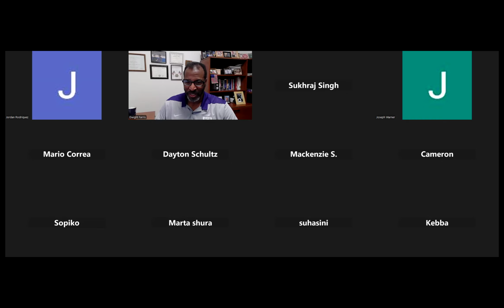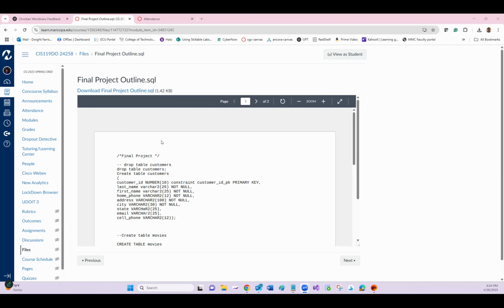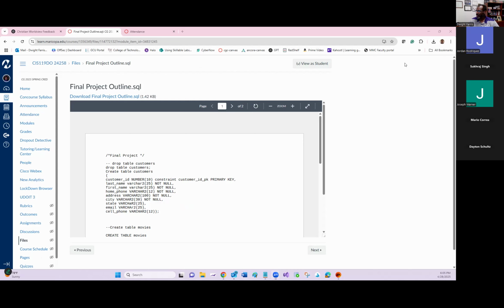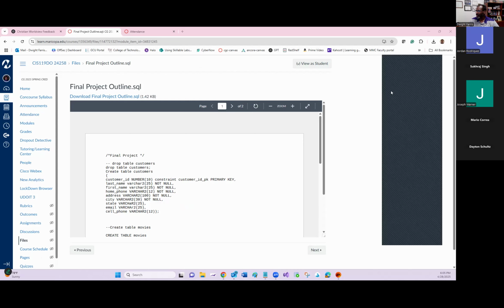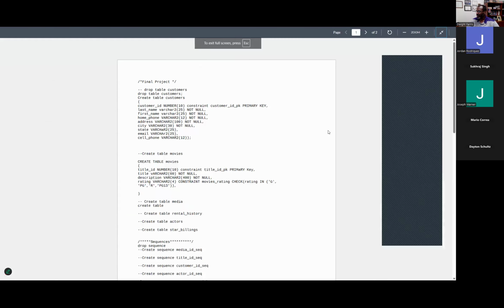I'm just going to share Canvas. I don't really have a PowerPoint this time, but can you all see the Canvas environment? The final project outline. Yes, yes. All right. One second here. Let me get my little video panel over here. I'm kind of looking away because I'm on my second screen. All right, so this is the